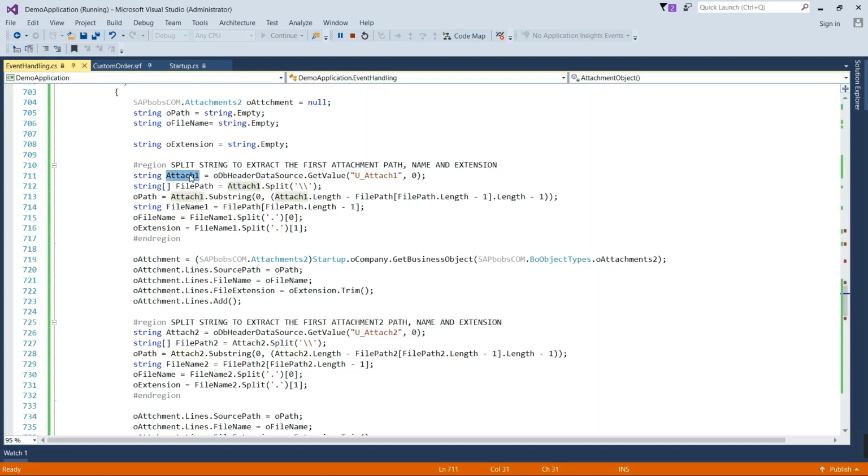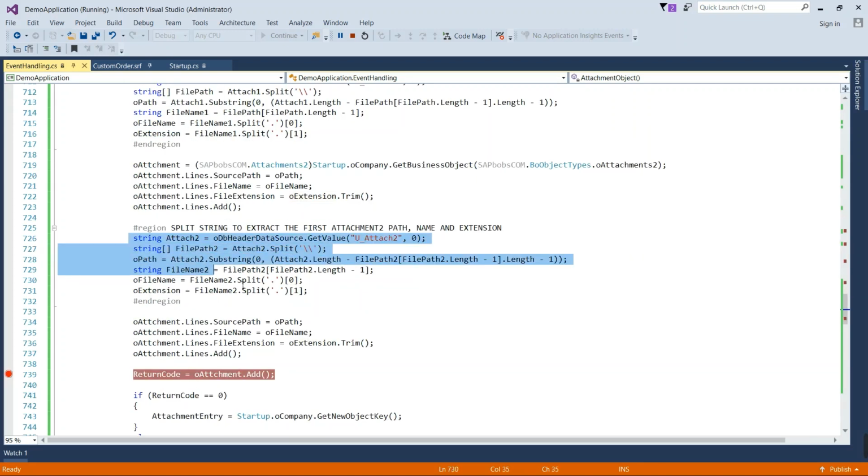We are getting this string value with the help of the db header data source, and then we are splitting and extracting three values from the complete string path. For attachment 1, we extract the path, the file name, and the extension name. Suppose there is invoice.pdf, then the extension would be PDF. Similarly we are doing it for attachment 2.